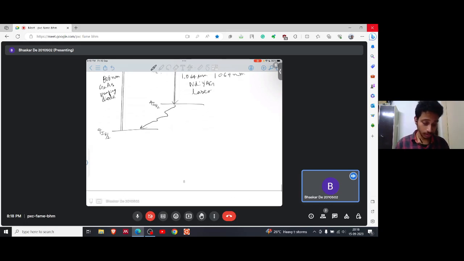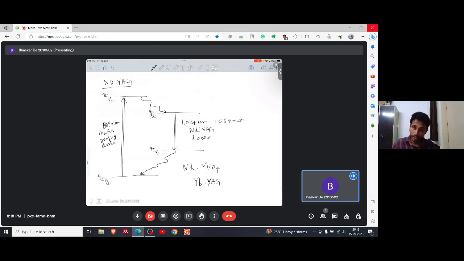There are also other lasers, that is Nd:YVO4 and Yb:YAG laser. So these are different kinds of lasers, but the fact is that these are quasi 3 level energy configurations. But one thing that I would like to mention,